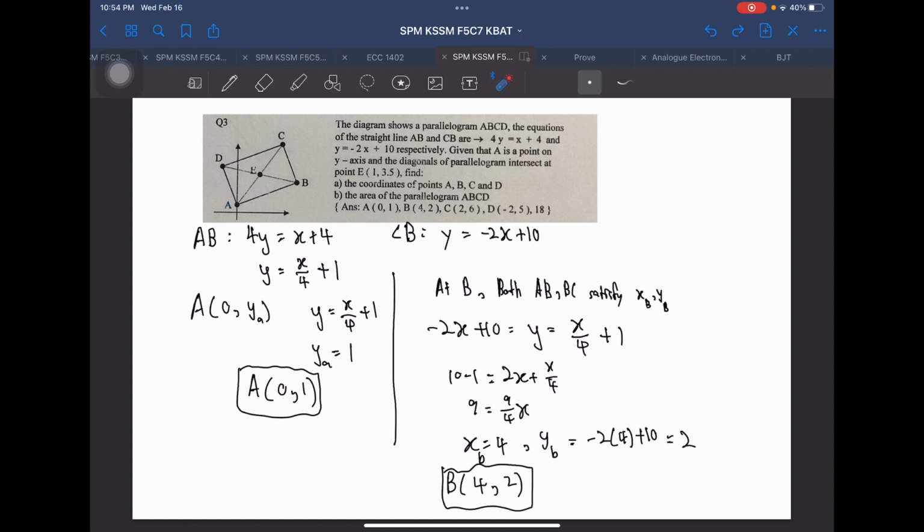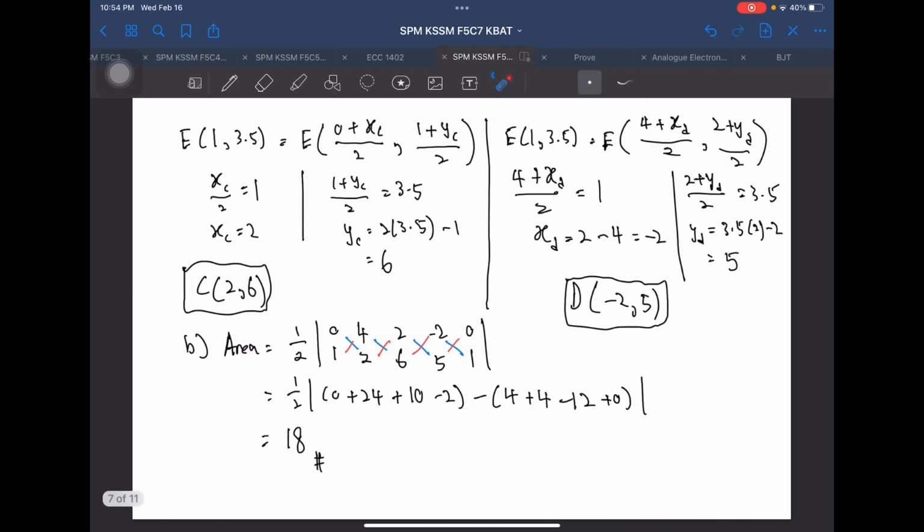On the other hand, if you see this line BD, you got point B, you got point E, and you know that E is at the middle of BD. Can you find D? Yes, you can use the midpoint formula as well. So in the second page, I show that I use the midpoint formula